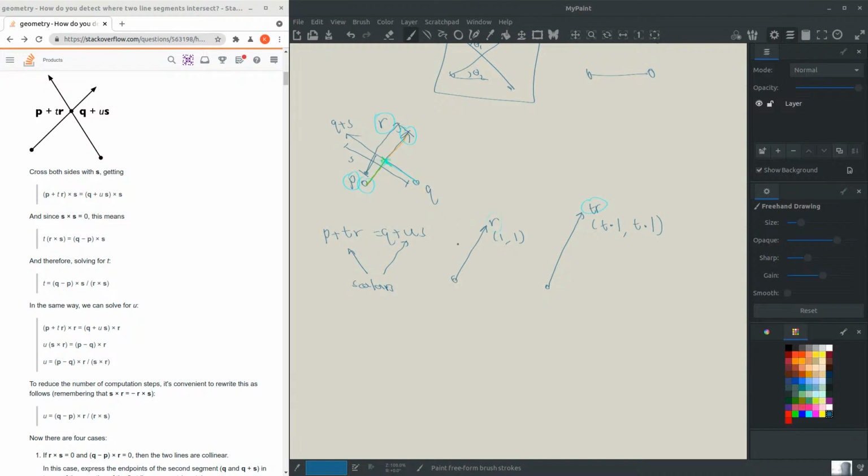Okay, so now essentially what we're doing here is we're solving for those t and u values. And that's all that's happening here. They multiply by the cross, basically to eliminate this cross on this side here. And then